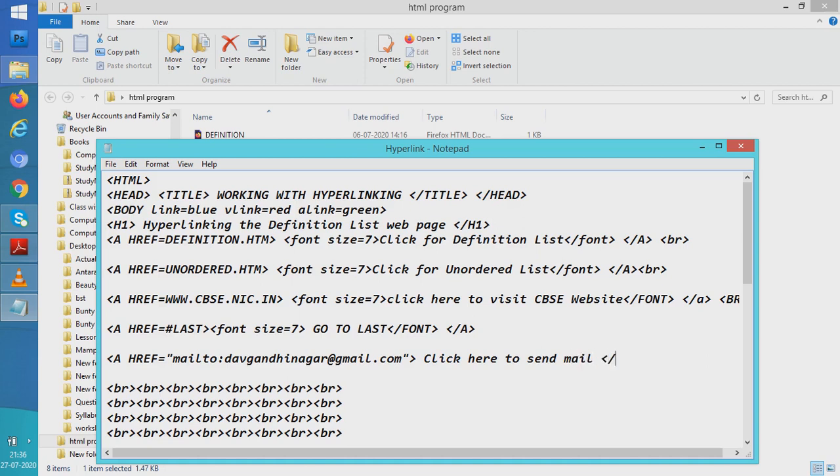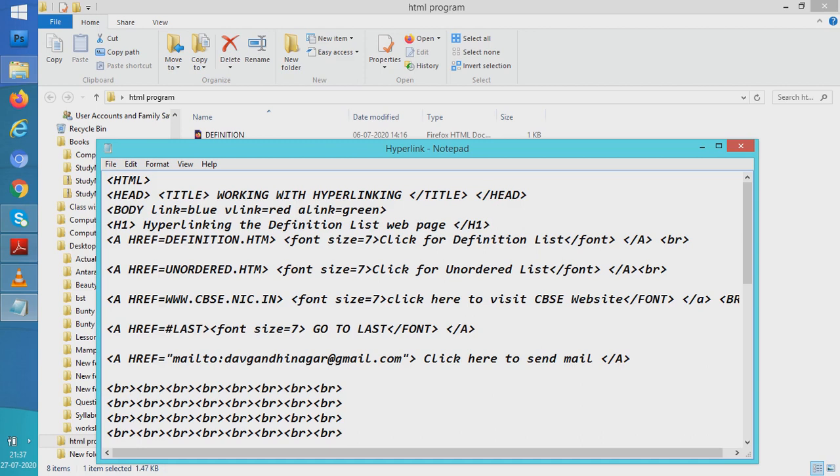Now this line helps us to open the email box and helps us to send email to the given address, davgandhinagar@gmail.com.